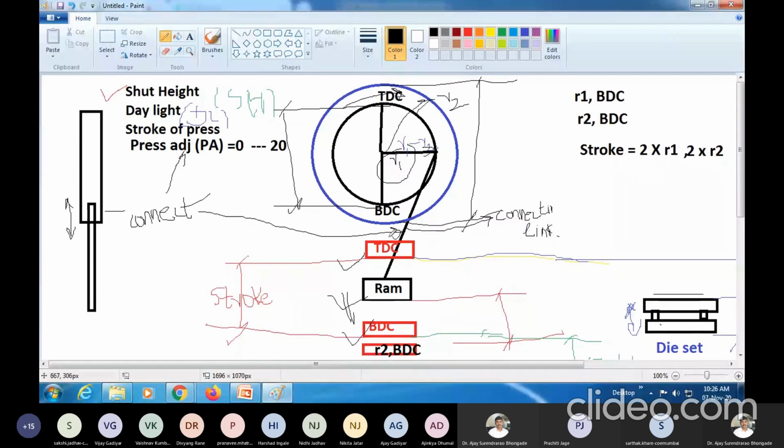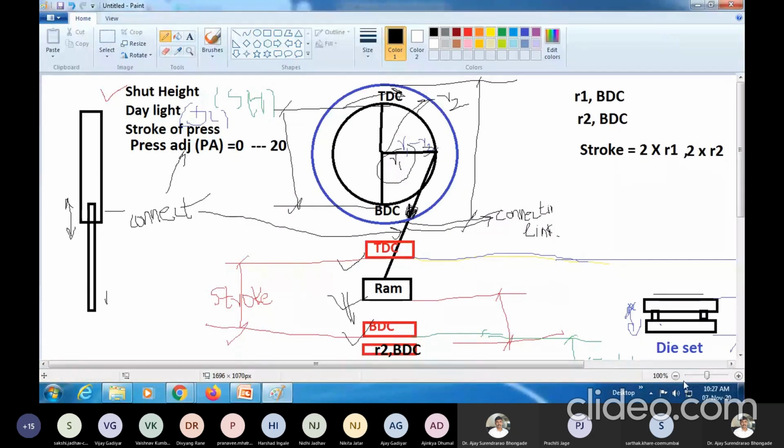This connecting link, we can vary that distance. So we can vary this particular distance. It can vary by 0 to 20. Means if we have a certain arrangement on the connecting link itself, we can vary that particular distance. We can have a telescopic arrangement where we can vary the length of this connecting rod, or pitman. So if we do that adjustment, we can do that.